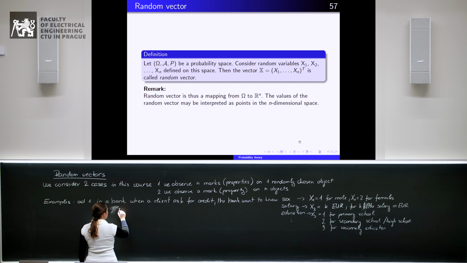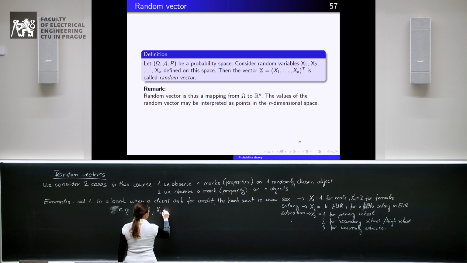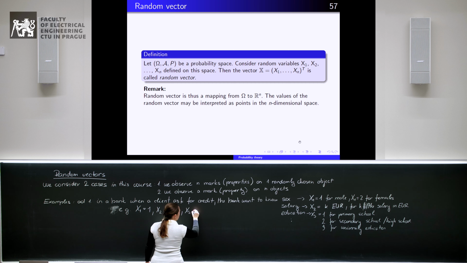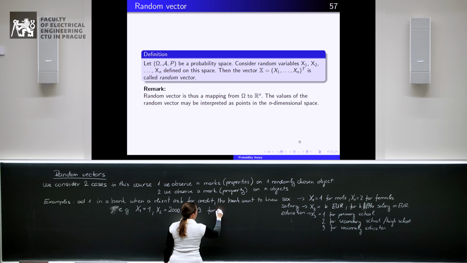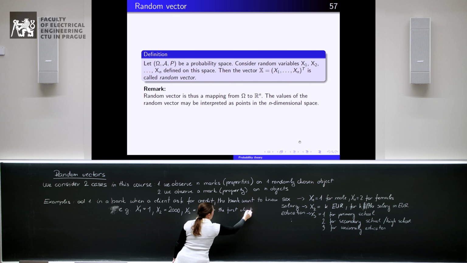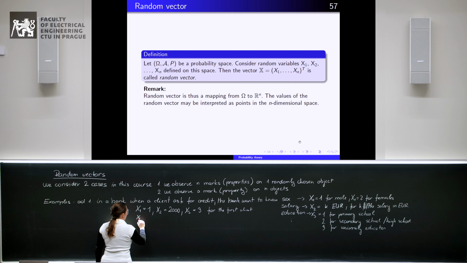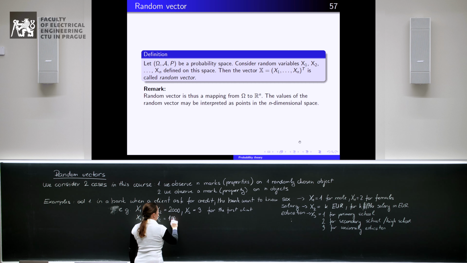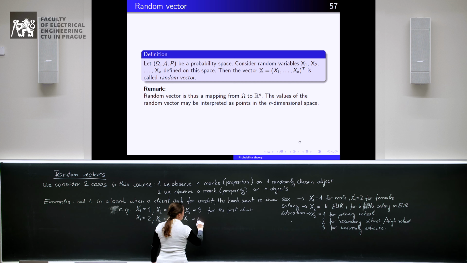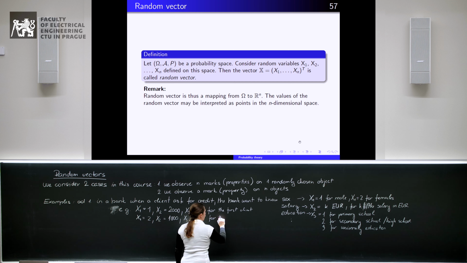And then we have the realization x1 is equal to 1, x2 is equal to 2000, x3 is equal to 3 for the first client, x1 is equal to 2, x2 is equal to 1000, x3 is equal to 2 for the second client,